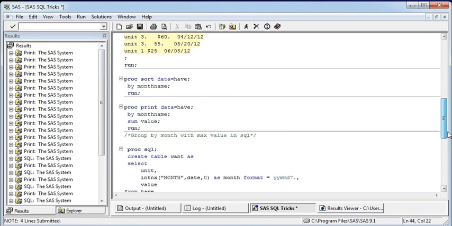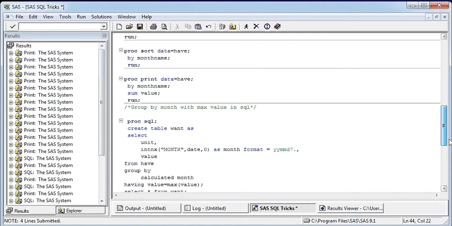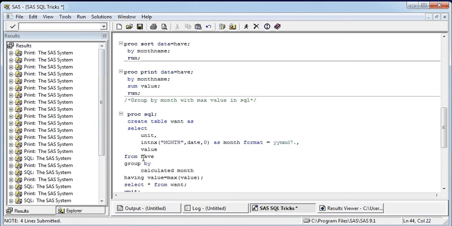Similarly, we can create an SQL statement. In this SQL statement, I'm going to be creating a table want. In that I will be selecting unit. In addition I'm going to use this month function, month(date) as month, format YYMMD7, value from have, group by calculated month, because month we are using as a function.